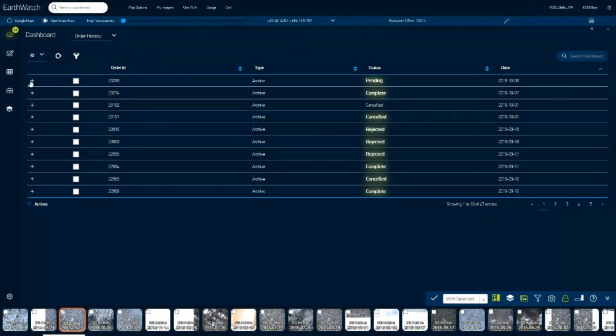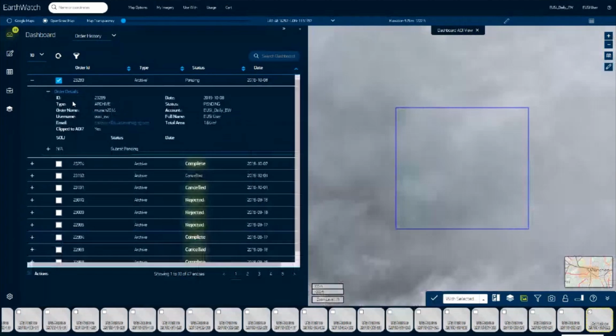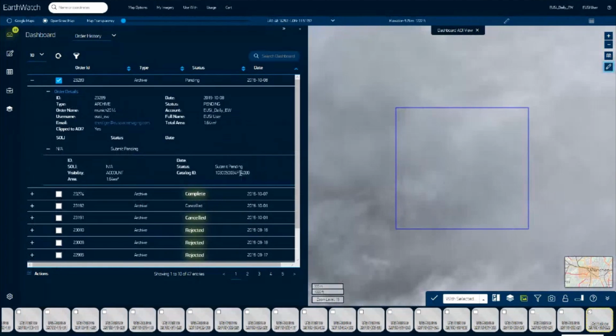You get several other pieces of information, like the SOLI number, how I called it, and you should even get the CAT ID down here. You can always track the progress. Now it's still pending, but as soon as it gets completed, you can download it from your library.